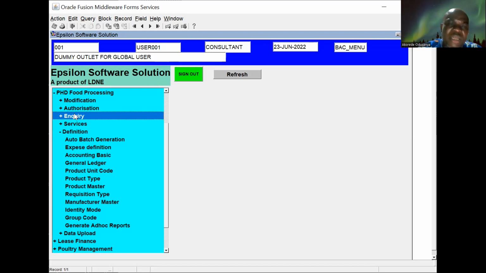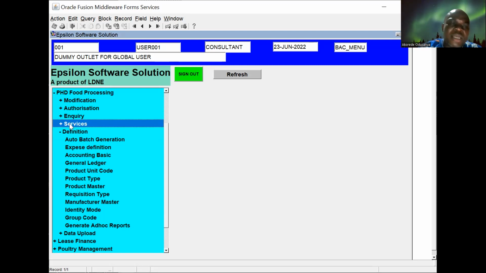All various online inquiry about data in the system, customized into a report, can be viewed under this submodule called inquiry. And then services is where most of the processes that we do in manufacturing are, under the submodule called services. So let's start from here, and I'm going to start from